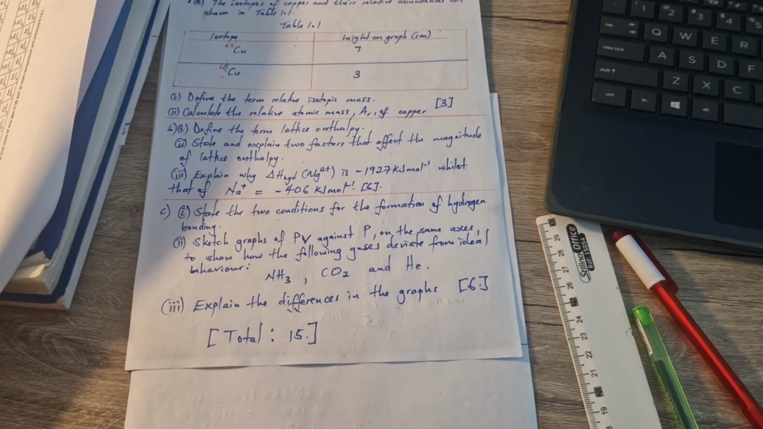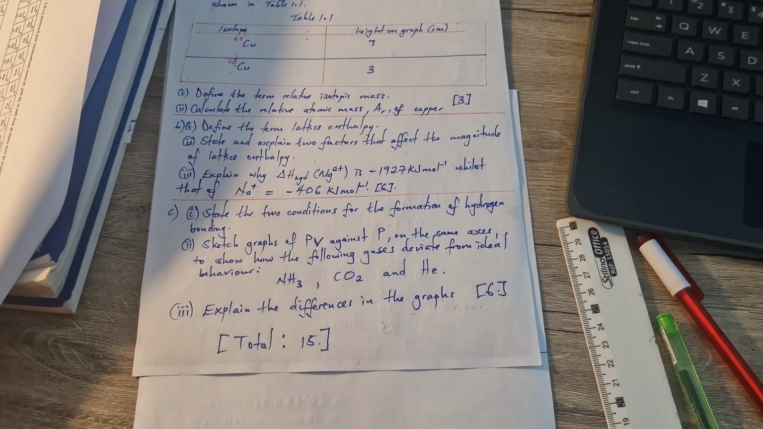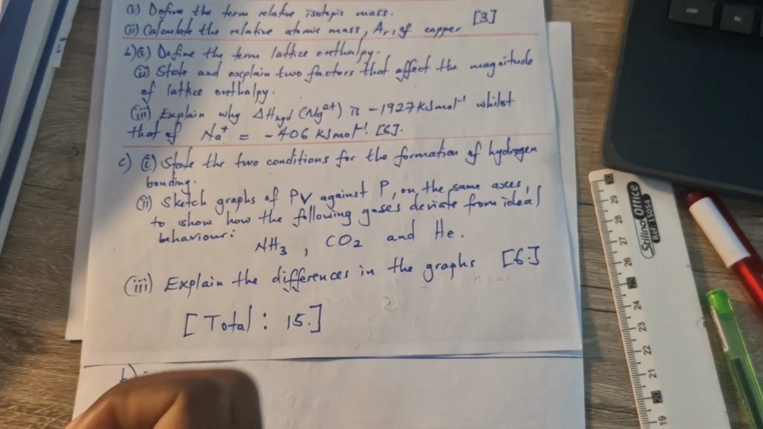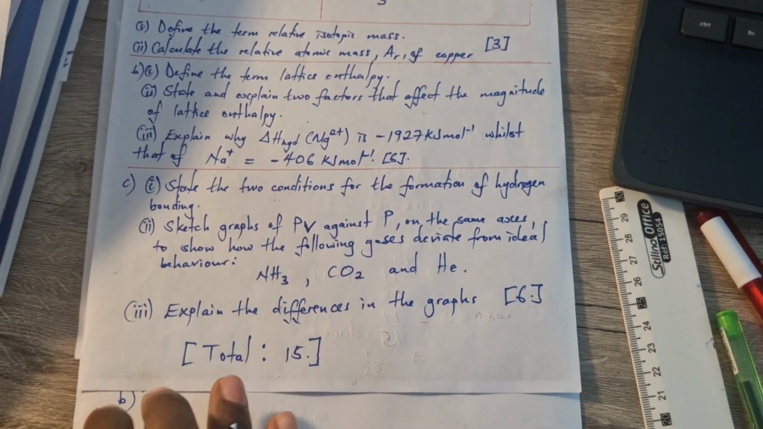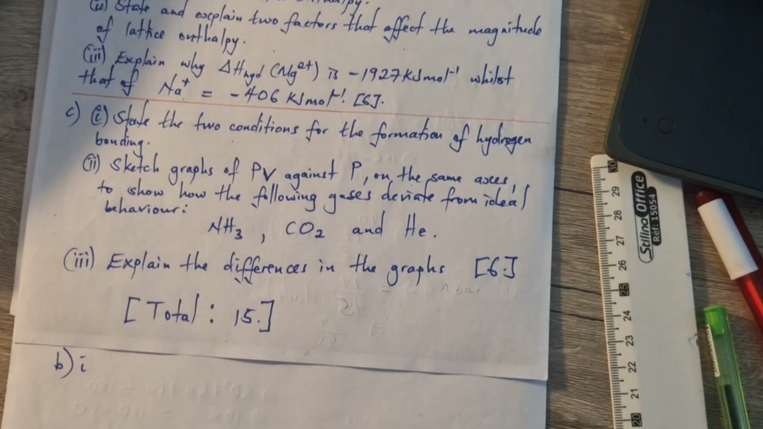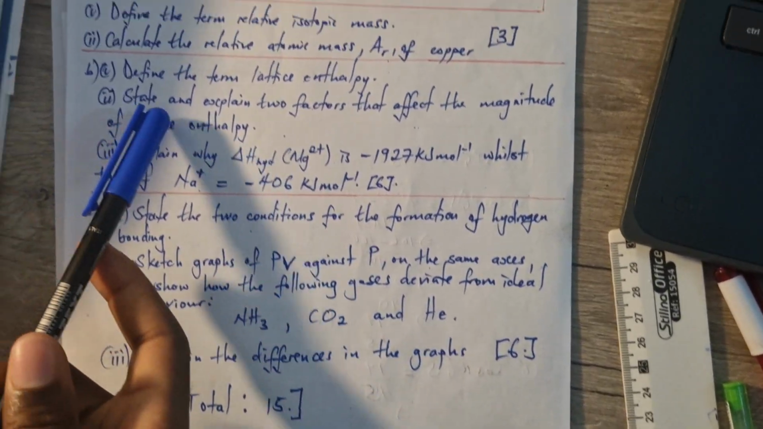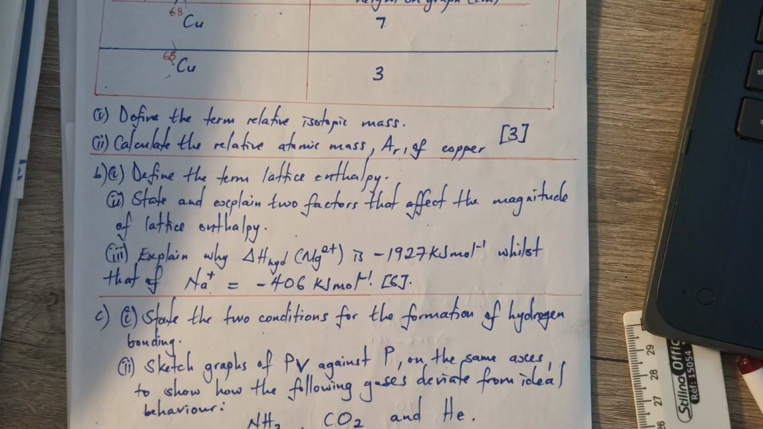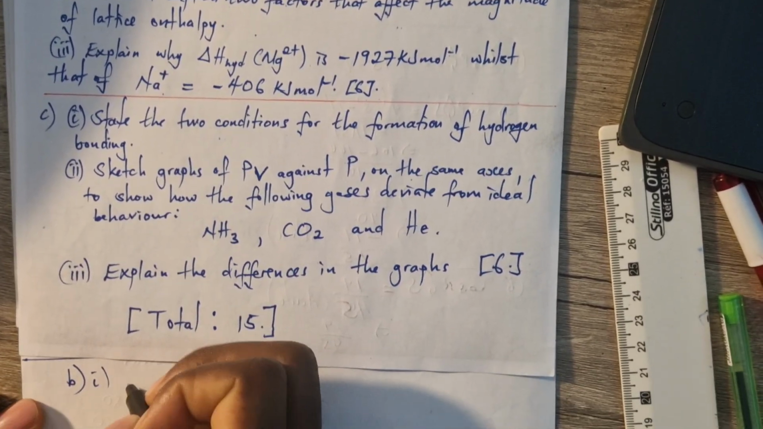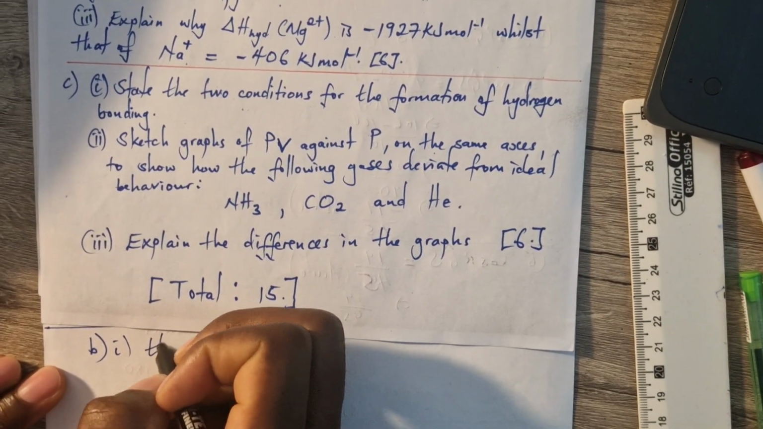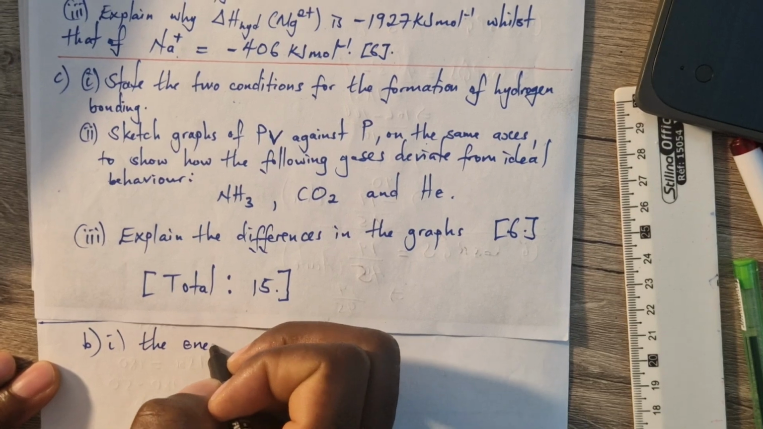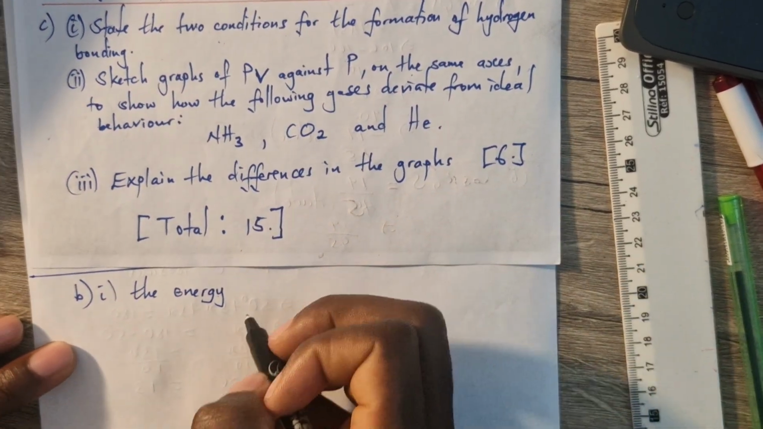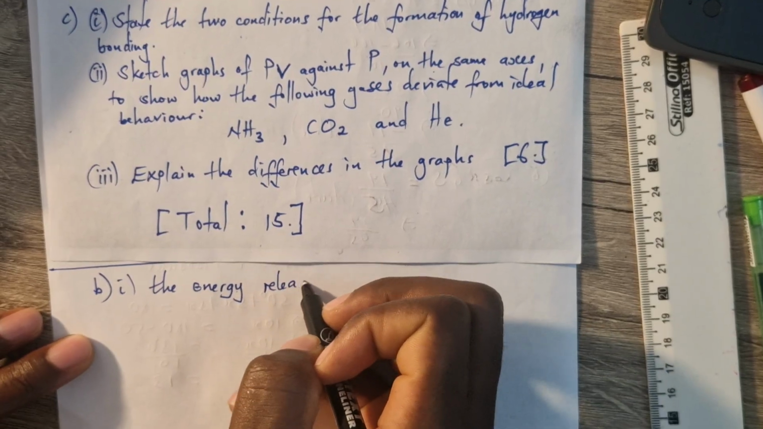Right, so we are now moving on to part B, item 1. First we have to understand the demands of the question. So it's saying define the term lattice enthalpy. So lattice enthalpy is the energy released